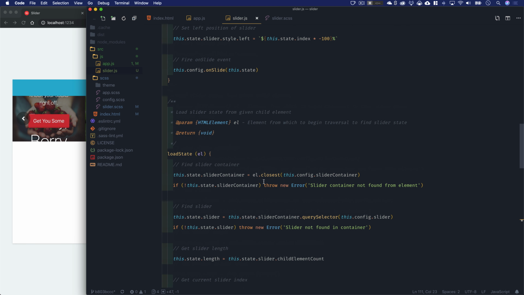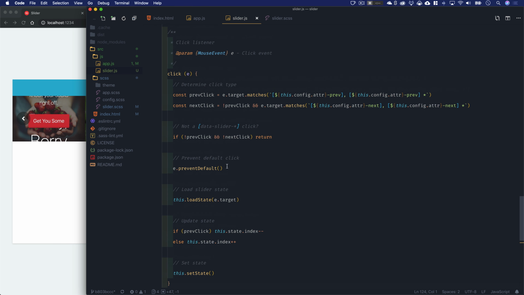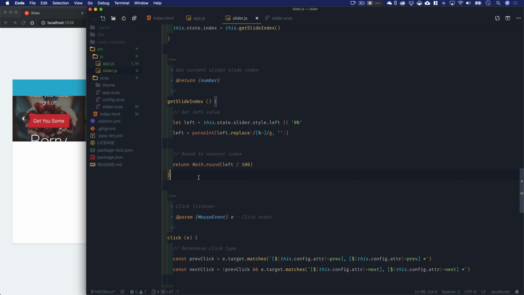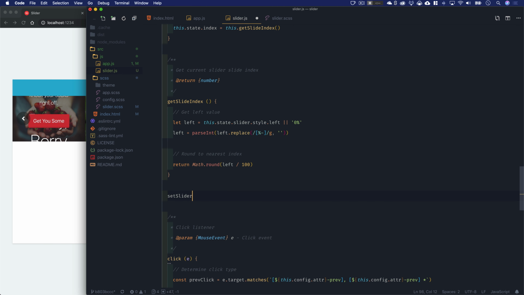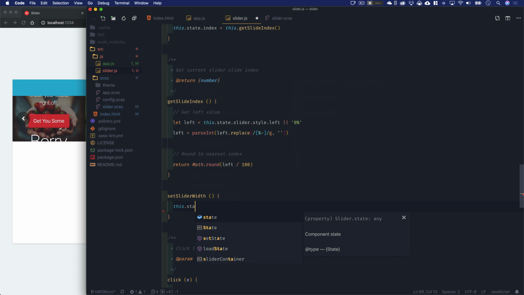What we'll do is we'll go all the way. Well, I want to do it above the listeners. I normally like to try to keep my listeners at the bottom and then regular methods above that. So maybe right below get slide index. We will add a new set slider width method. And what that'll do is it'll take this.state.slider.style.width. So it's going to set a width style, just like we're using the style.left property in other methods, equal